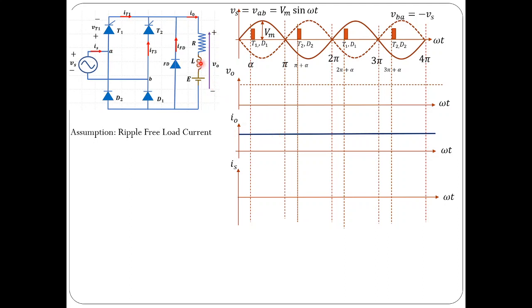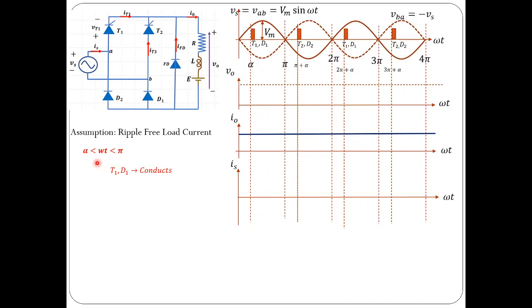Now, I assume that load current is ripple free, and this assumption is more or less valid. Yes, load inductance is very high, and also this freewheeling diode further improves the load current, so I assume that load current is more or less ripple free. It is constant throughout the period. So whenever it is ripple free, its RMS value and average value are going to be equal, and that is also equal to the instantaneous value throughout the time period of the operation under consideration. So it is going to be constant. In fact, it is perfect DC, it is almost constant.